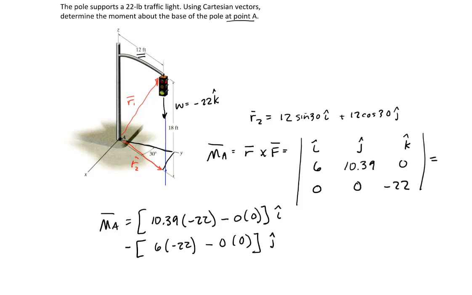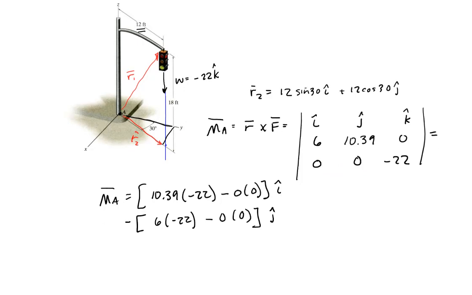And the k component is that times that minus that times that. Turns out that is 0, but I'll go ahead and write it out for you. And that's k. Then we can add those together, and you can see that the moment about A is equal to negative 228.6